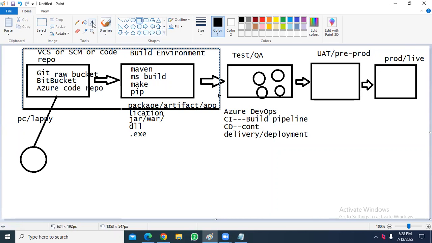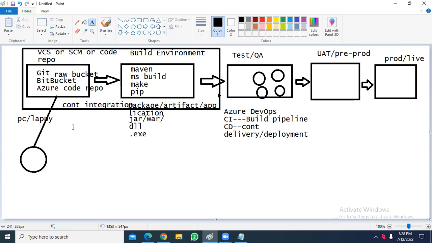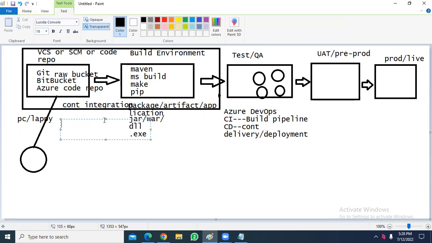So automation of these first two steps is called continuous integration. Continuous integration is a generic term. Specifically in Azure DevOps, we are going to call it a build pipeline. So using build pipeline, we are going to create jar files or war files or DLL files or exe files.